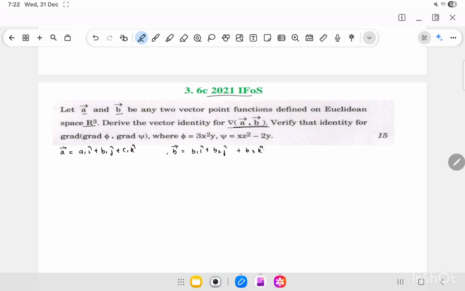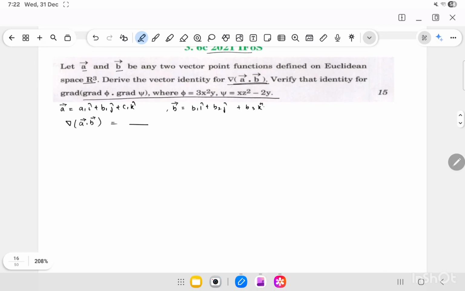So we are supposed to evaluate some vector identity for the gradient of a vector dot product with b vector. Further, we are supposed to verify that identity for the given information. So let us first derive the identity. I'll first just state the identity because it's quite a famous identity, and then we'll move on to prove it. So our claim is to show that